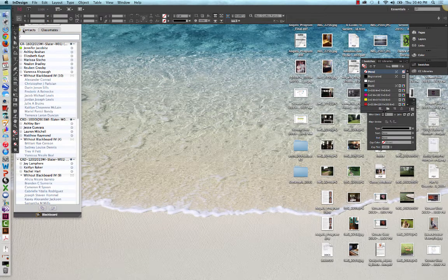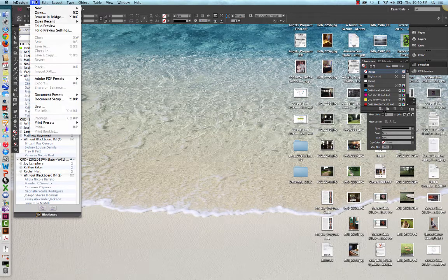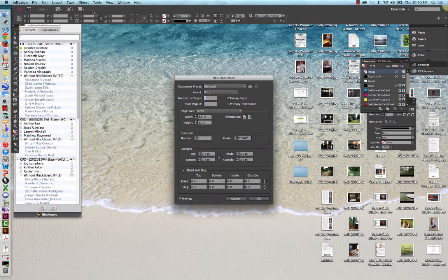All right, now we're going to gridify some text frames. We're going to go to File on the menu bar. We're going to point to New, and then we're going to do New Document. We're going to enter the settings shown in Figure 31, which is, holy moly, that's hard to see. It is print, the number of pages is 1, the start page number is 1, it's the letter size 8.5 by 11, there's 3 columns,